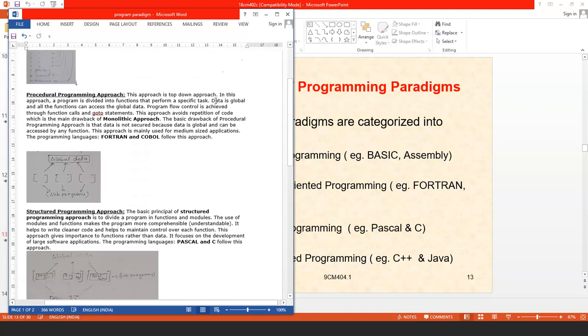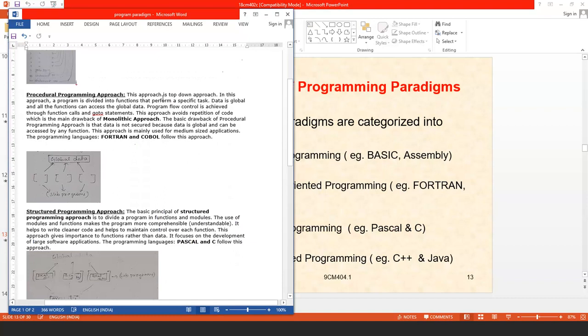This approach is a top-down approach. In this approach, a program is divided into functions that perform specific tasks. That is, in the previous one we had 100 statements; here the 100 statements are divided into a number of subprograms, and they share the global data.